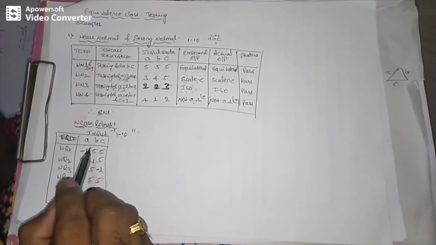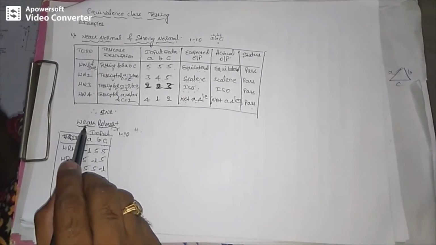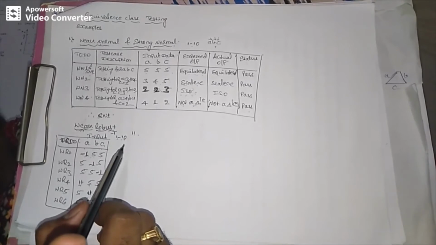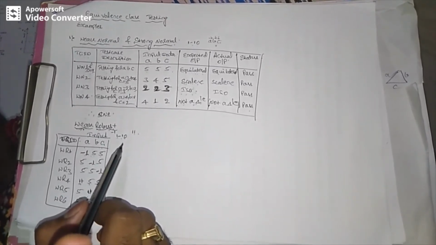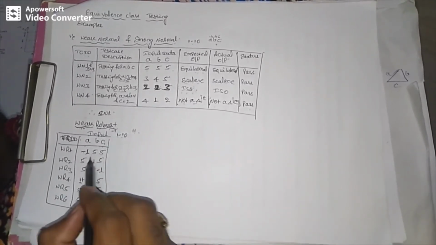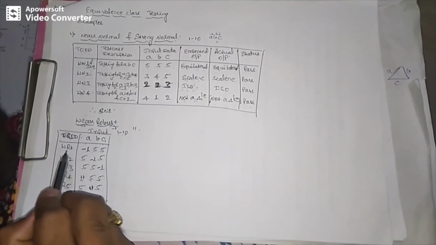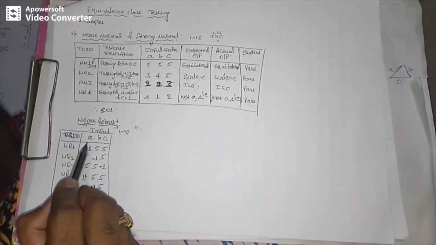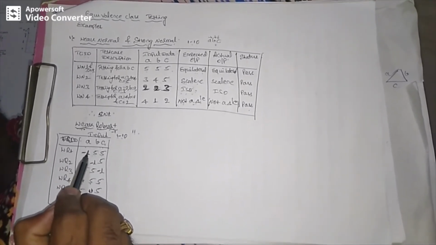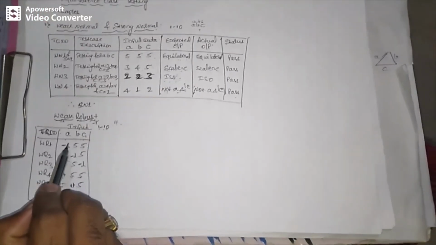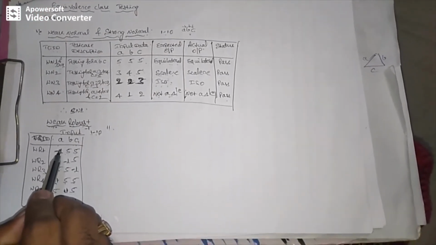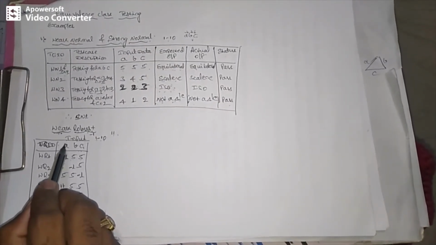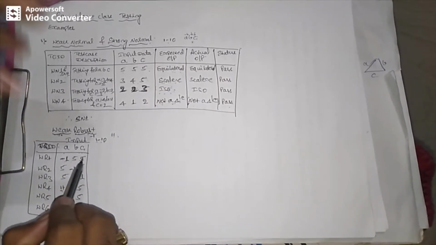These two are the invalid inputs. Therefore, single fault assumption means one time one input value will be invalid and the other inputs will be nominal. That nominal is nothing but valid inputs. In that fashion you have to write the test cases. So now you can see test case 1: one input should be invalid, which is -1. I am talking about one corner, the lower corner of the input domain. The lower corner is -1, the invalid input. So this input will be invalid and the other inputs should be nominal.